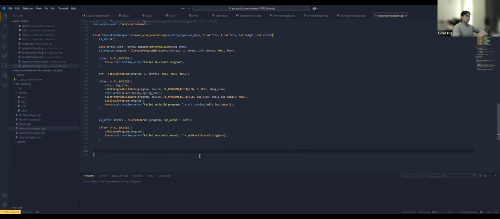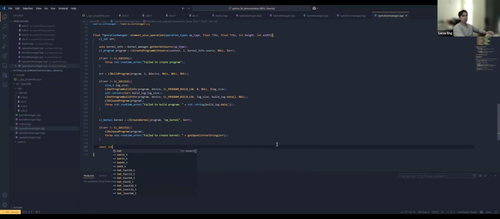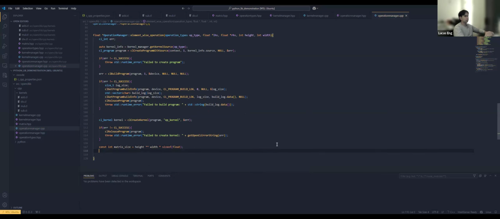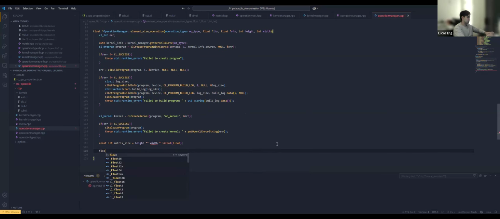Now comes the meat and potatoes of actually doing the computation. So we have to define our matrix size, which is going to be known at runtime. In this case, we're working with floats. So our matrix result is going to go in a